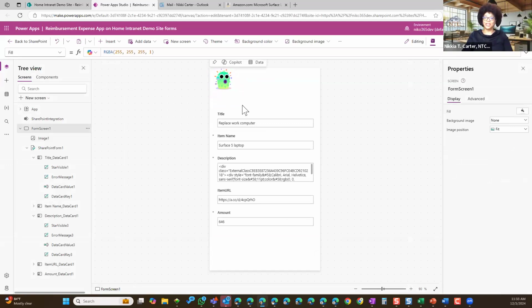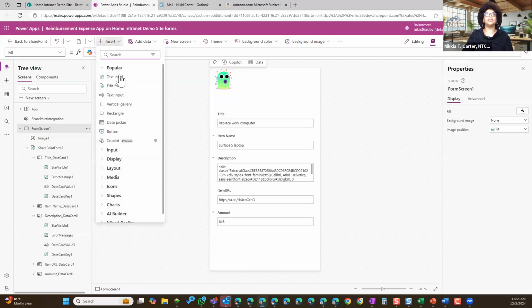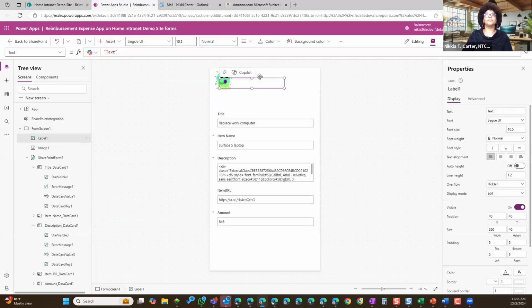Now that kind of gives me this header section. It gives me a little color with this picture, but I need to add some text. I'm going to add a text label. Move that over here. Whoopsie. It was just centered. There we go. Going to extend this out a little bit. Okay. And then I'm going to give this thing some text because I don't want it to just say text.